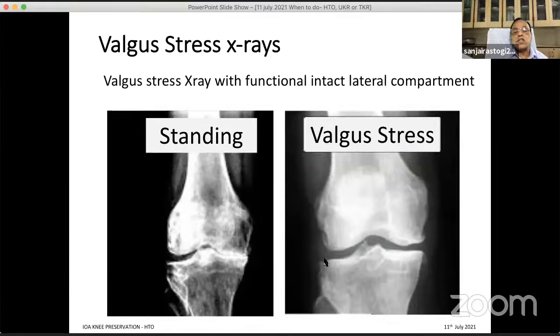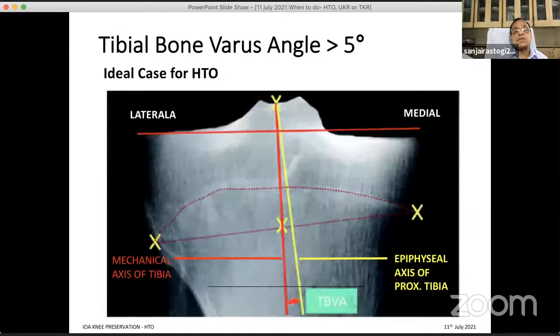So this shows that the lateral side is intact, and these patients can be safely treated by STO or UKR. There is no need for any arthroscopy to evaluate this. Patients who have deformity in the proximal tibia, which is taken as tibial bone varus angle of more than 5